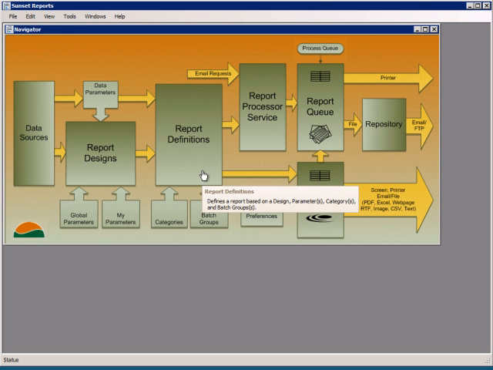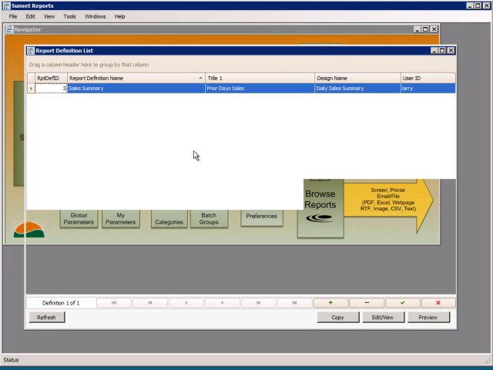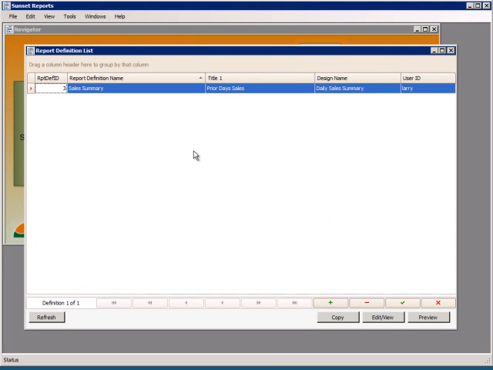We just created a report definition for yesterday's sales. Let me show you how easy it is to create another definition by copying what we just did. So I'm going to click on the report definitions block on the navigator, and you can see our definition here, prior day's sales. All I'm going to do is hit the copy button